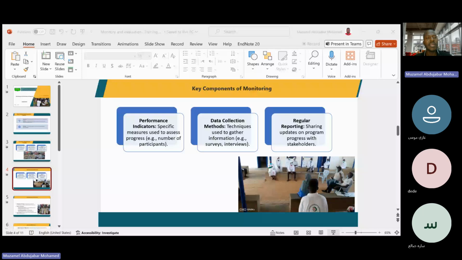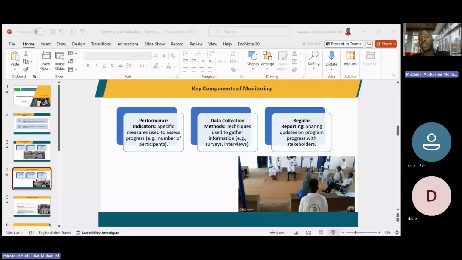Third one, create the monitoring and evaluation plan. Outline how the monitoring and evaluation will be conducted. Monitoring, as I mentioned, is the ongoing collection of the data. Like today, you are doing the meeting with the teams. You provide the service to 10 persons. You do some health education session in the triage area. All of this is collecting data. This is the monitoring. Evaluation, you evaluate this data.